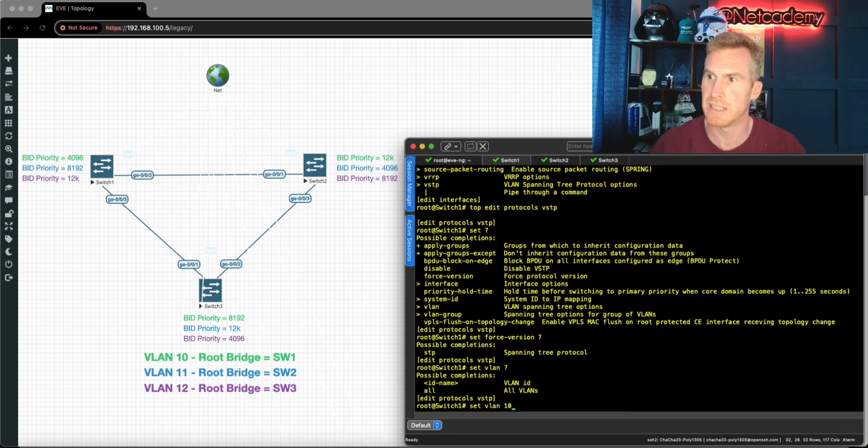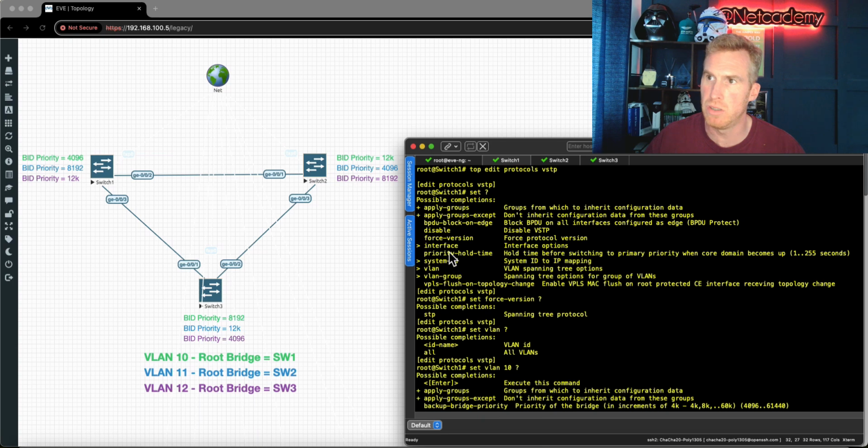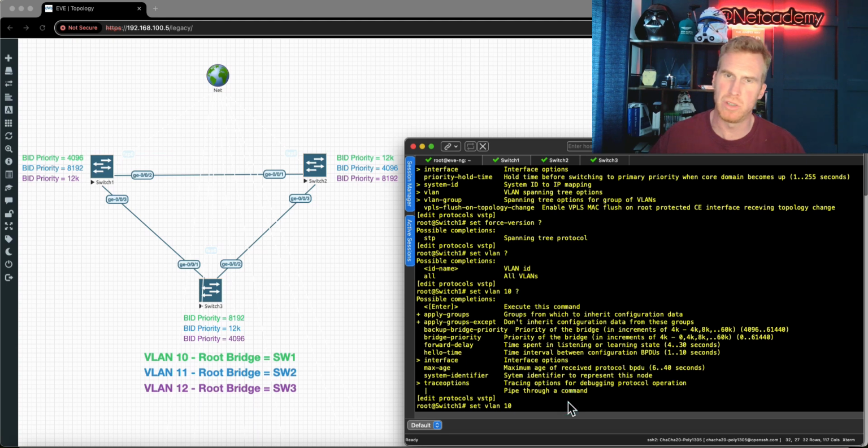So if I do set VLAN 10 and hit question mark once again, you can now see I can actually enter in the interface, and that's why I got a little bit confused there. I can define the interfaces within that VLAN itself, or I could do so at the global layer, i.e. at the very top within VSTP. But I actually want to do this for VLAN 10 and for VLAN 11 and for VLAN 12. So I'm going to do set interface